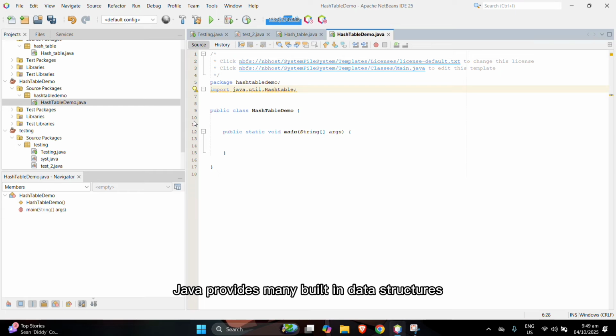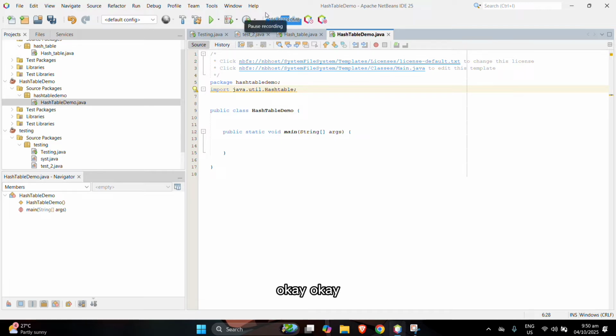Java provides many built-in data structures, and Hashtable is one of them. Without this, the compiler won't recognize the Hashtable type.